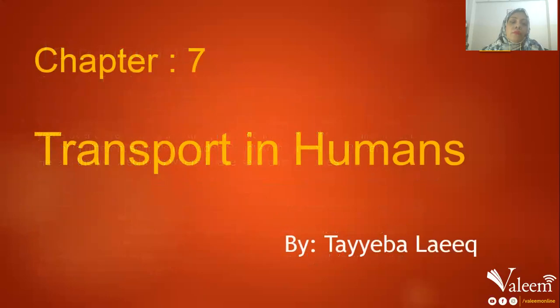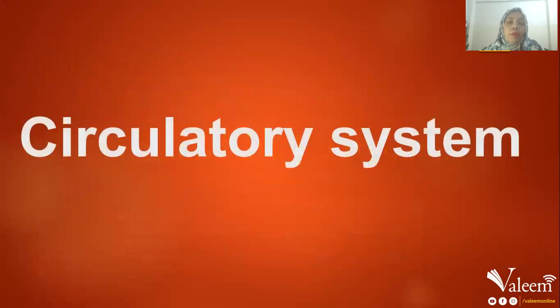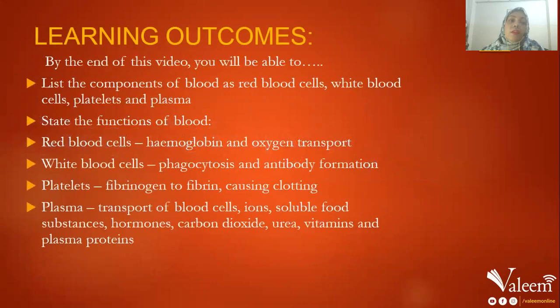So today I'm going to teach you the topic in your biology book, that is chapter 7, transport in humans. But it is a very long topic, so I have chosen the topic of human blood for teaching. So first of all, what is the learning outcome of this chapter? By the end of this video, you will be able to list the components of the blood as red blood cells, white blood cells, platelets, and plasma. Then we will discuss the state and the function of blood,